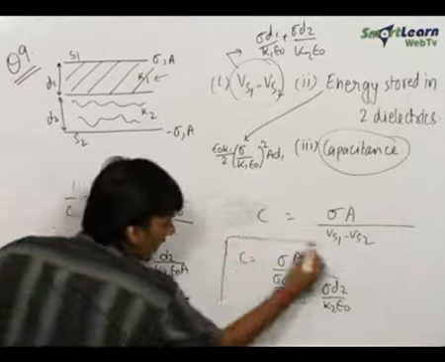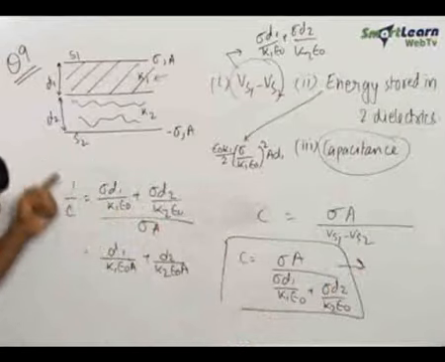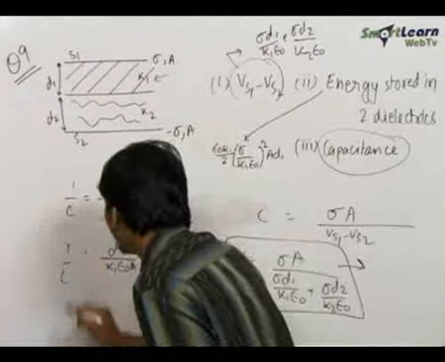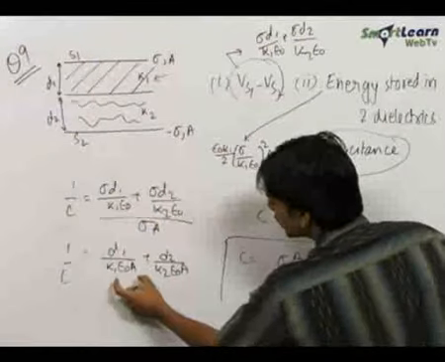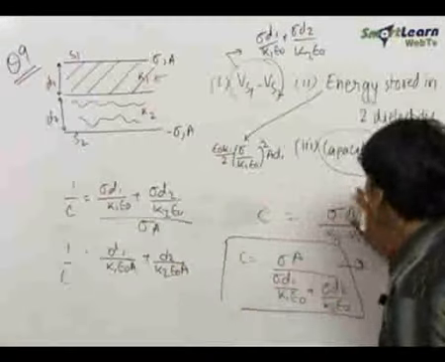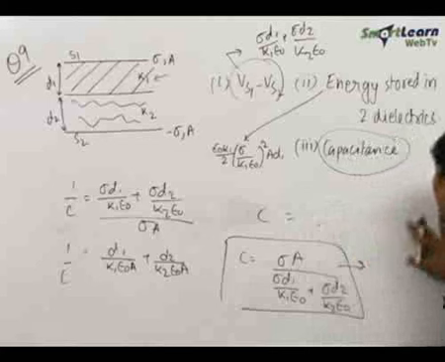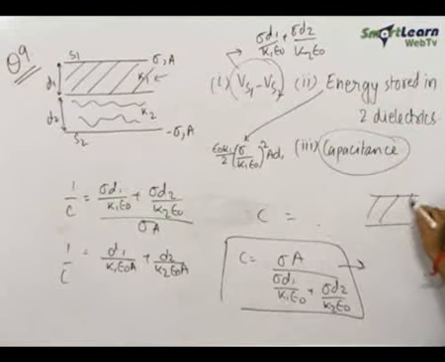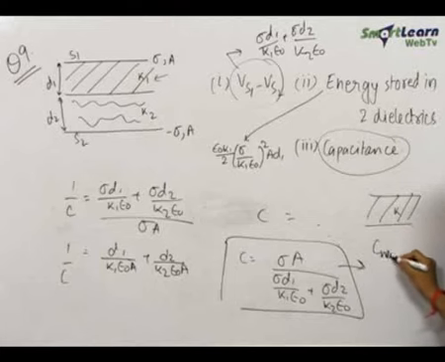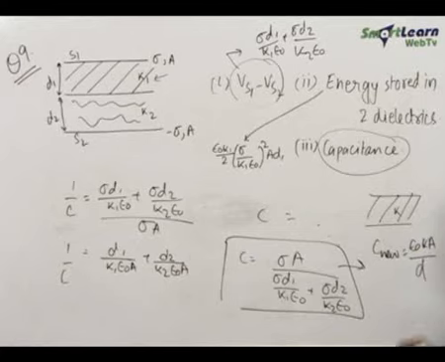So we've got a final answer for capacitance already here, but I'm just showing this to remind you of one more thing. One thing you should have noticed, that 1 upon C is coming out to be equal to D1 upon K1 epsilon naught A plus D2 upon K2 epsilon naught A. We already know that when we had a capacitor with a dielectric K, the capacitance of the capacitor C comes out to be equal to epsilon naught KA upon D. This K is the dielectric.